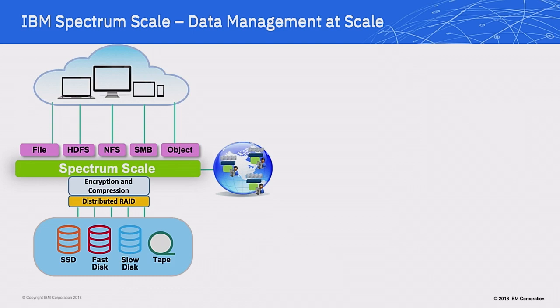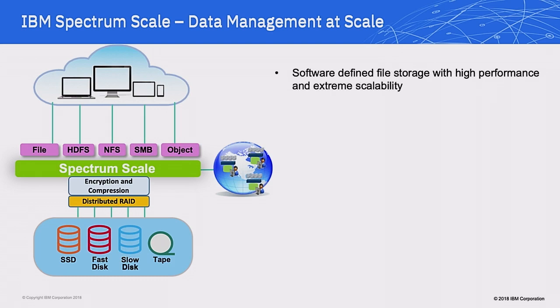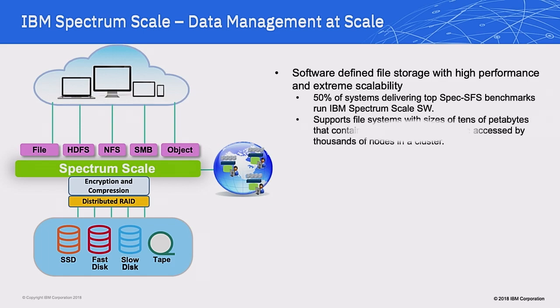Really what it allows for is high performance and scalability, which is needed in any data pipeline. Half the companies or enterprises out there that are delivering the top SPEC SFS benchmarks are using Spectrum Scale. It does support large file systems, up to tens of petabytes of data, billions of files, all within